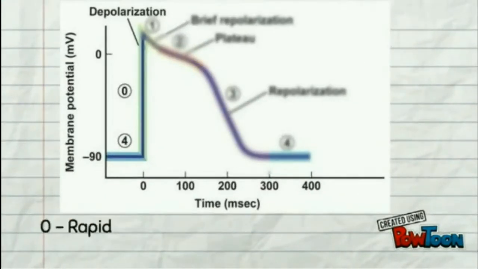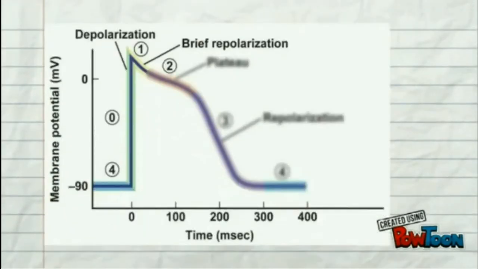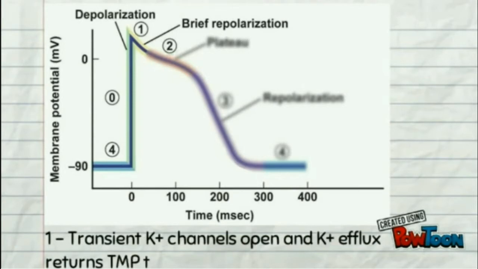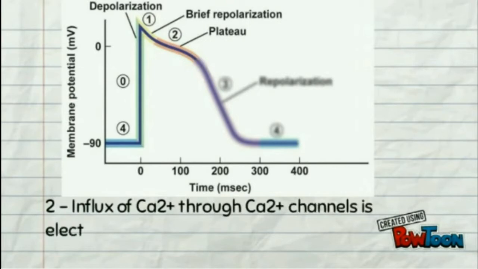Phase 0, depolarization: rapid sodium ion influx through open fast sodium ion channels. Phase 1, brief repolarization: transient potassium ion channels open and potassium ion efflux brings the membrane potential to 0 mV. Phase 2, plateau: the influx of calcium ions through calcium ion channels is electrically balanced by potassium ion efflux through delayed